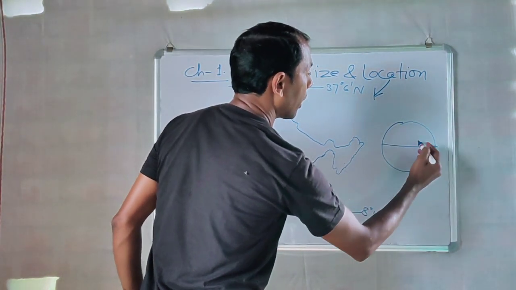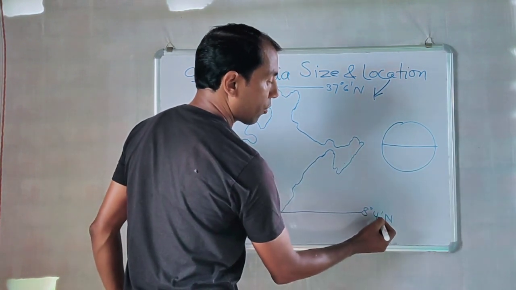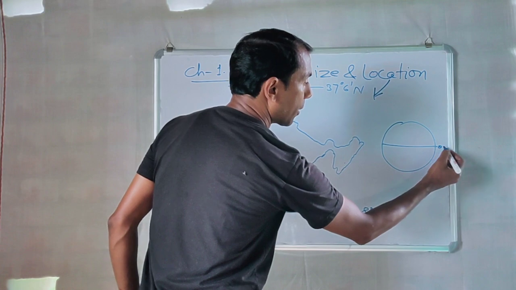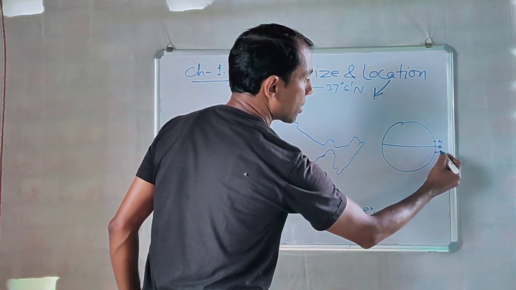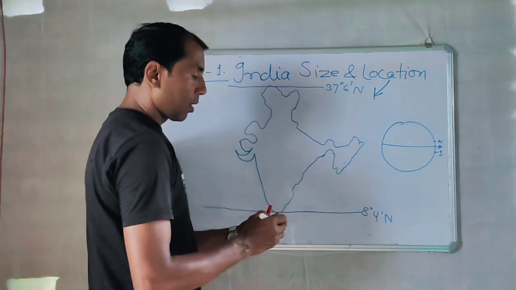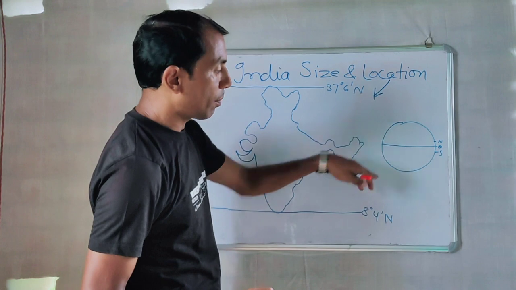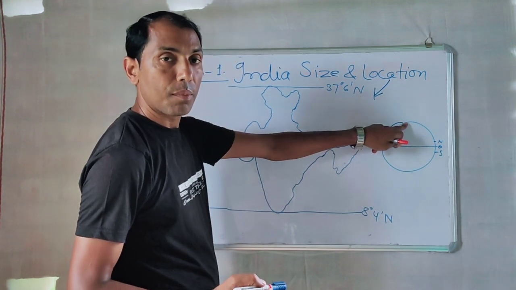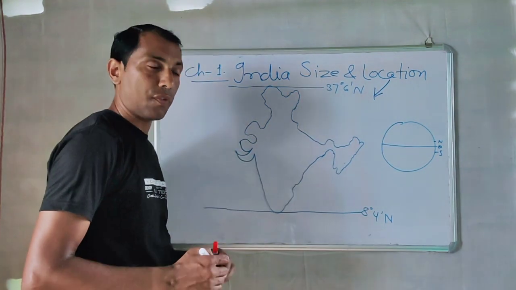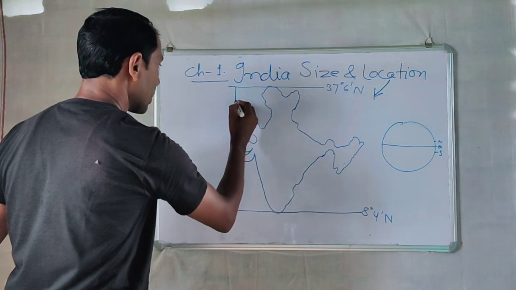In the northern hemisphere, because here it is 8° 4' north, 0° at the equator. North is above it, and south is below. So the lower part is 8° north. That means it is in the northern hemisphere. When we see the longitudinal extension,